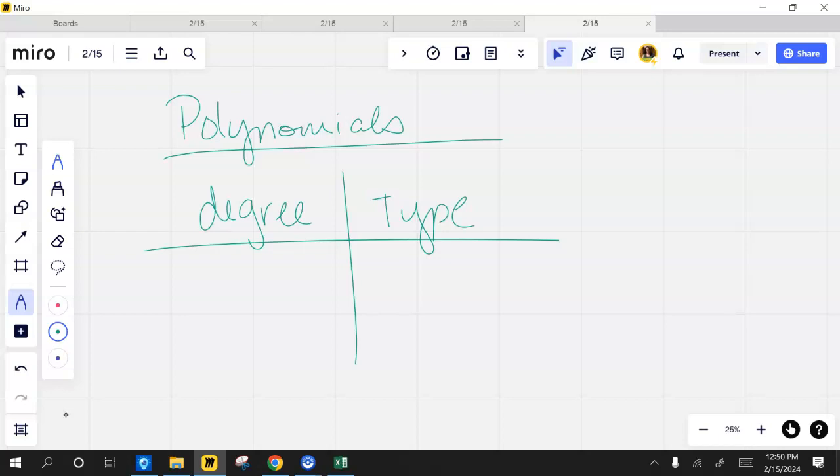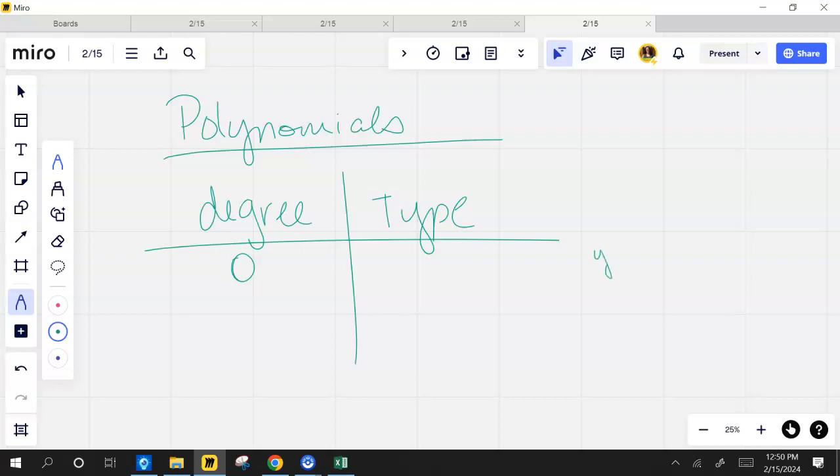When I put them in order of their exponents, that very first term tells us a lot. That gives me my leading coefficient, right? Which tells me up or down. And it also gives me my degree. That's my degree term. It's the biggest exponent. And so the degree tells me the type. So if I have a degree of 0,